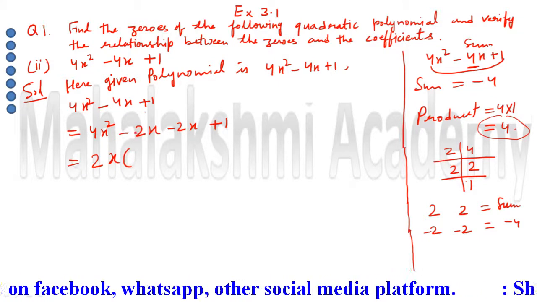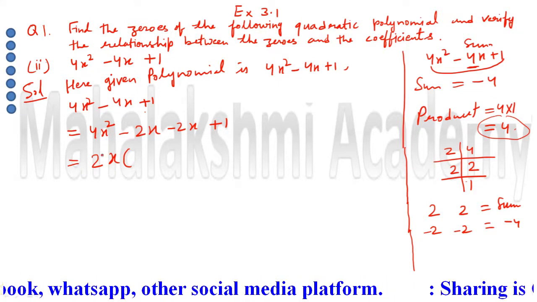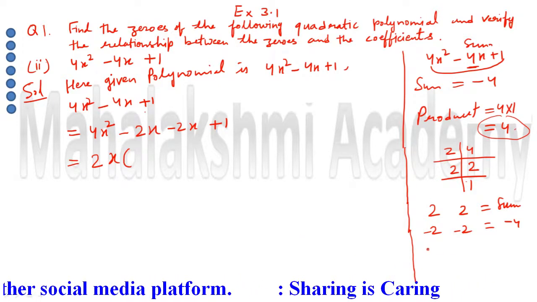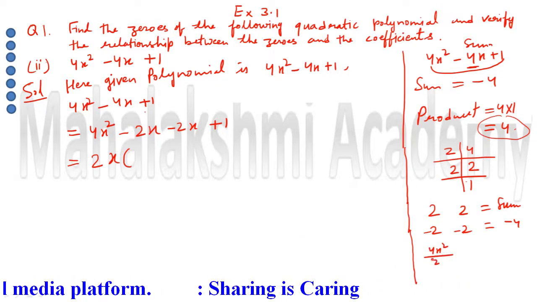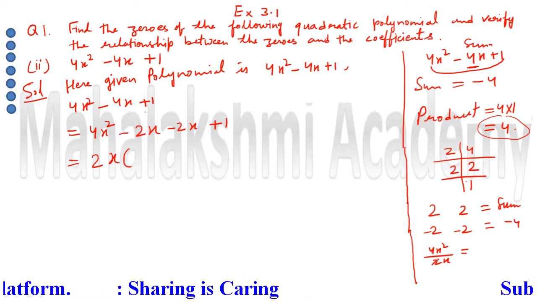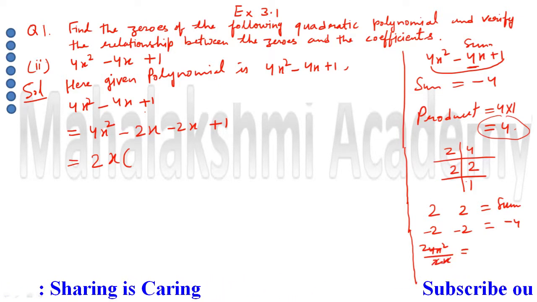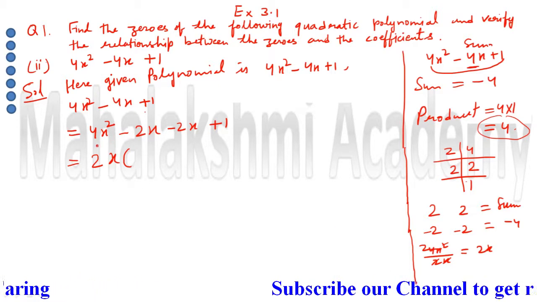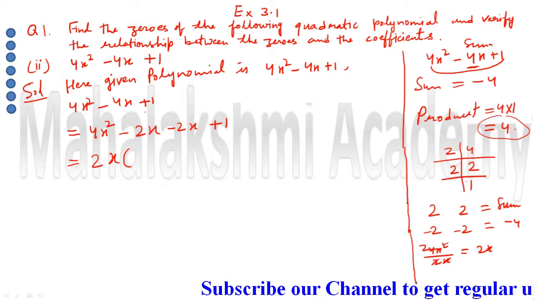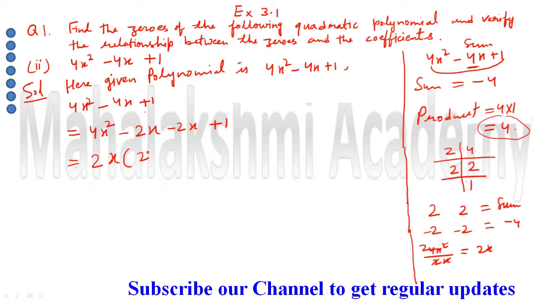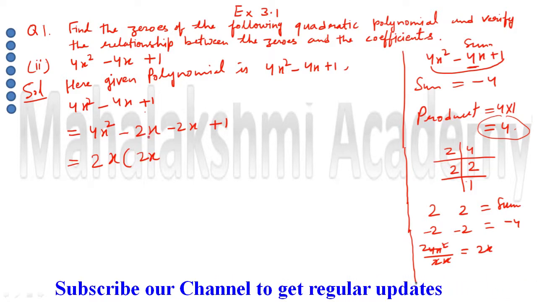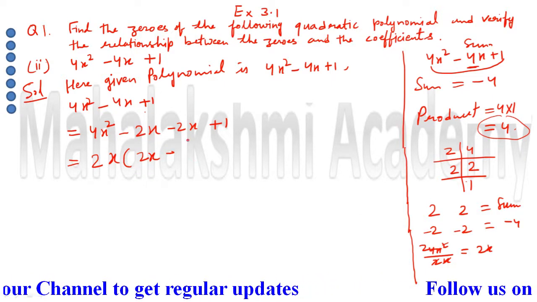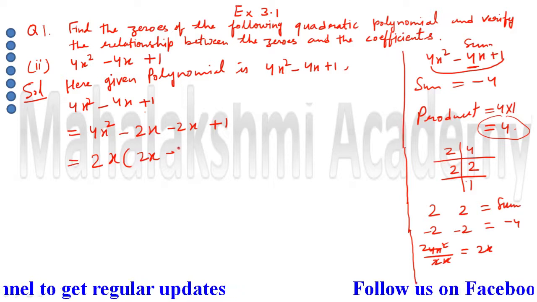Whatever is going to remain with both. From 4x square, if you take 2x common, just divide them and find out what is remaining. So 4x square divided by 2x: 2 ones are 2, 2 twos are 4, and this x will cut by this x, 1x is remaining. So the answer is 2x. So when we took 2x common from 4x square, we are left with 2x from here, then minus sign as it is, then 2x divided by 2x. When you divide 2x by 2x, you will get one.